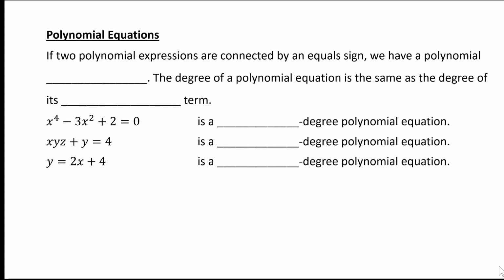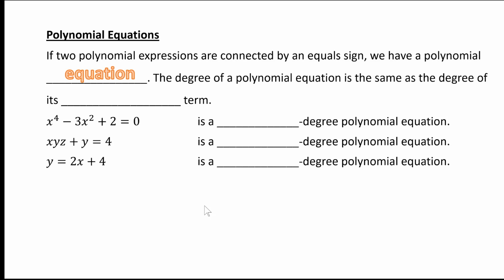Okay, this is lesson 50, polynomial equations, and we just didn't quite finish this lesson, so I'm just going to run through it real quick. If two polynomial expressions are connected by an equal sign, we have a polynomial equation. A polynomial expression, those are the kinds of things we were looking at before. There was no equal sign, there was nothing to solve, but now we're going to look at polynomial equations,